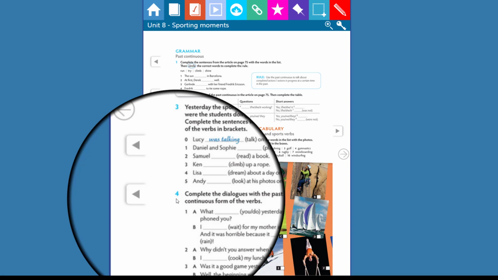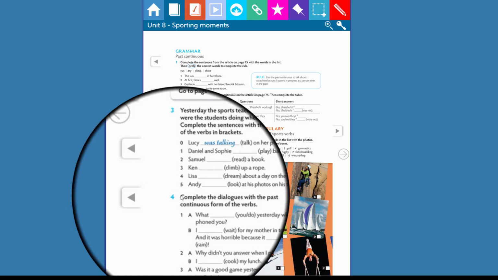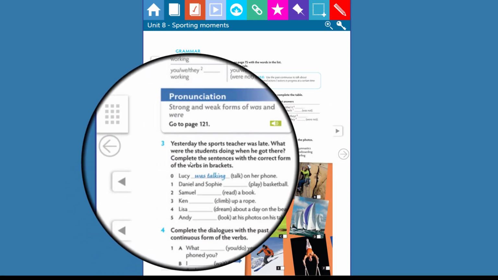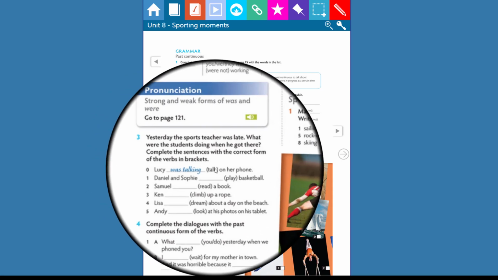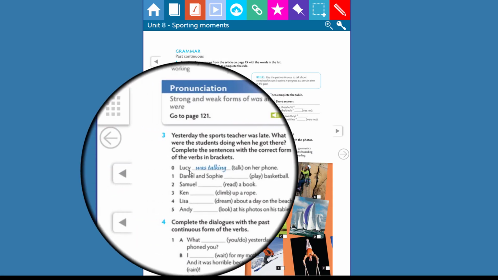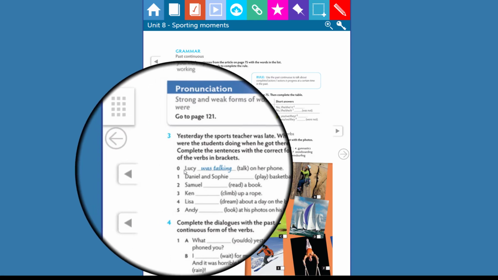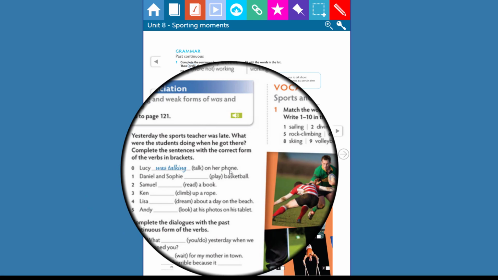Yesterday, the sports teacher was late. What were the students doing when he got there? Complete the sentences with the correct form of the verbs in brackets. Okay, so the example says, Lucy talked in parentheses on her phone. So you have to write Lucy was talking on her phone. Okay,